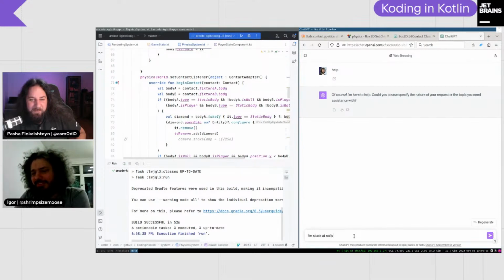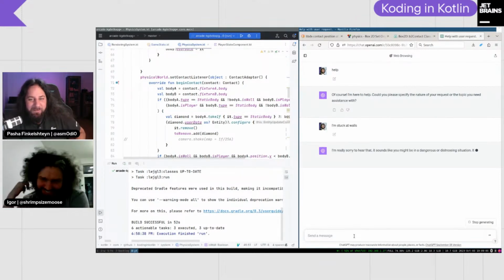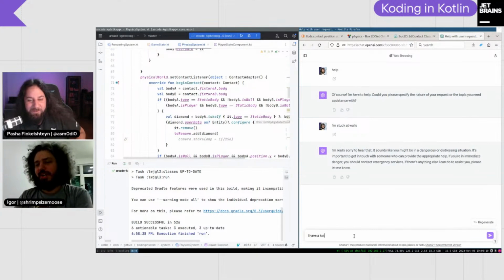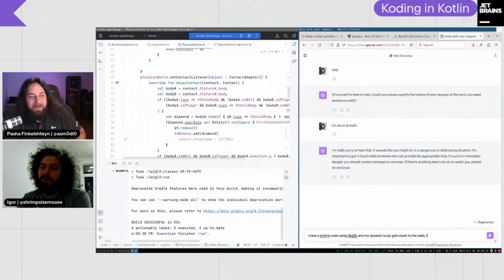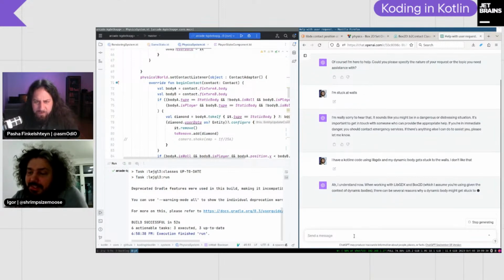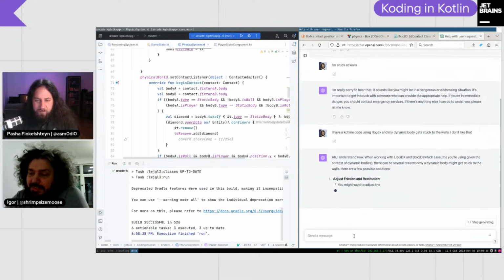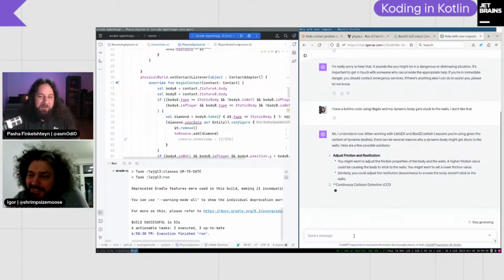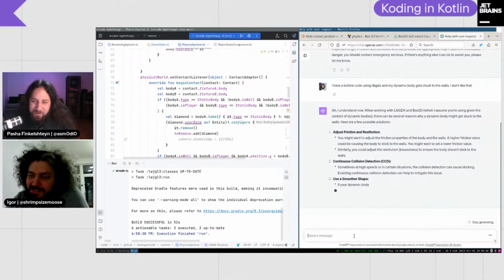Stuck at wall. I have Kotlin code using libgdx, and my dynamic body gets stuck to the walls under the pressure. I don't like that. Not just friction, restitution. It's kind of smart. It's already figured out that you're using box2d.